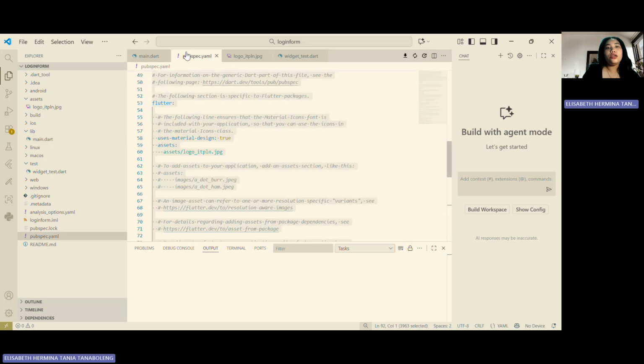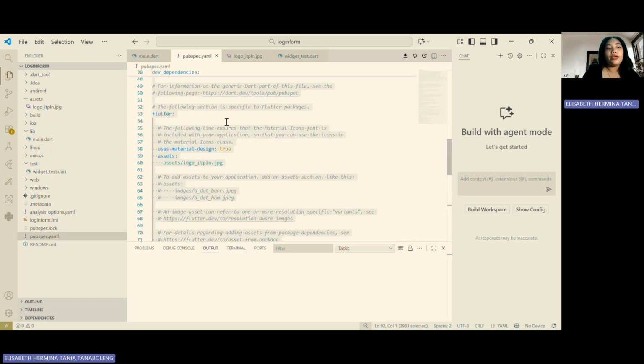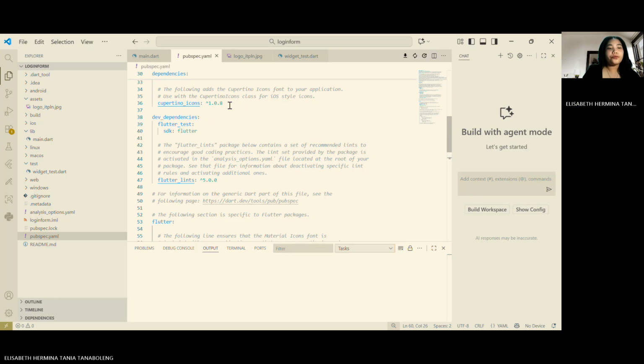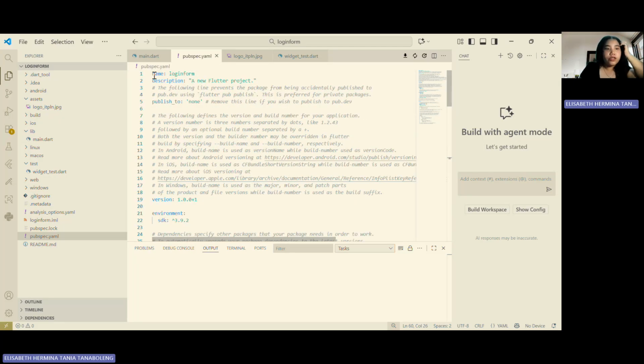Next, we can look at the pubspec YAML. This section contains basic project information.